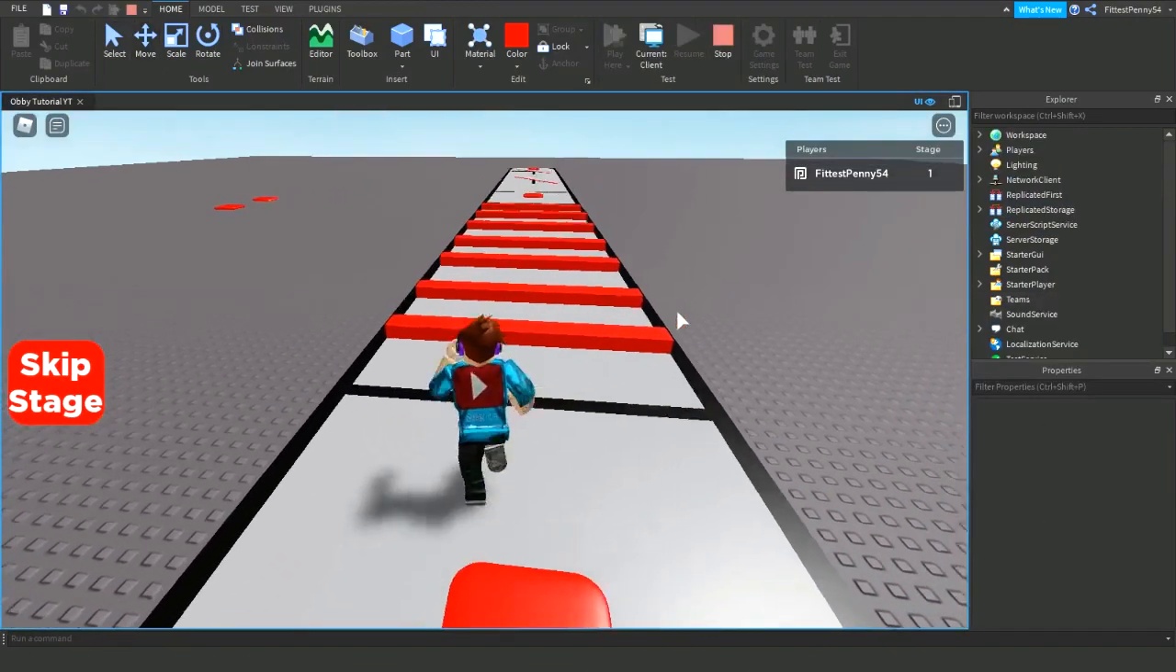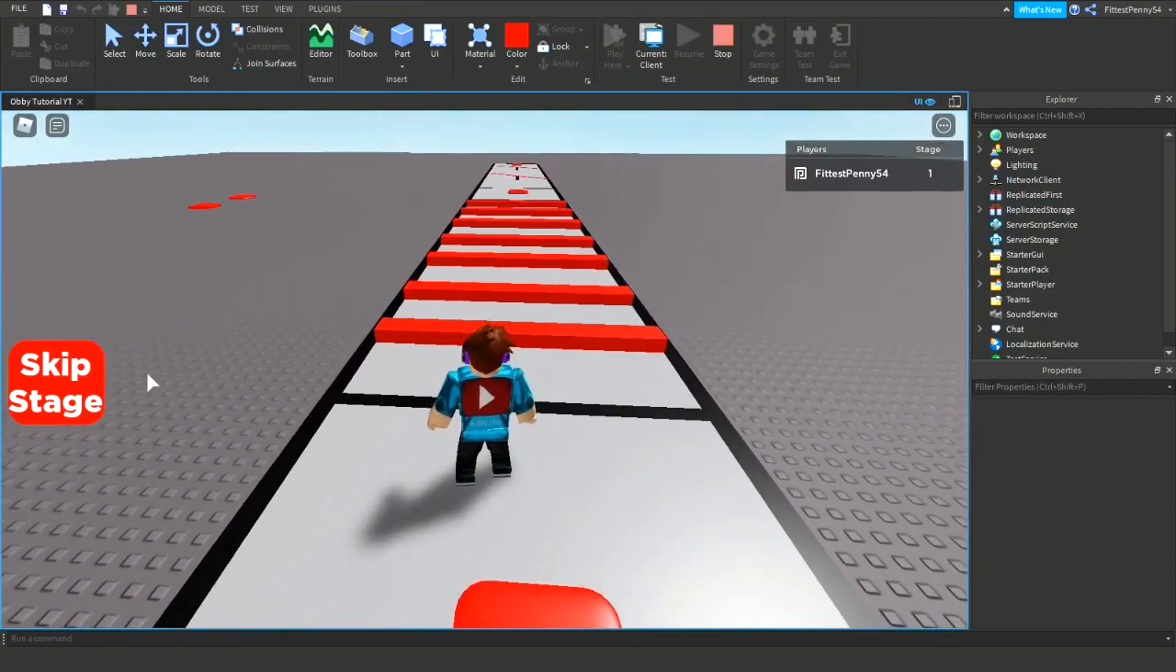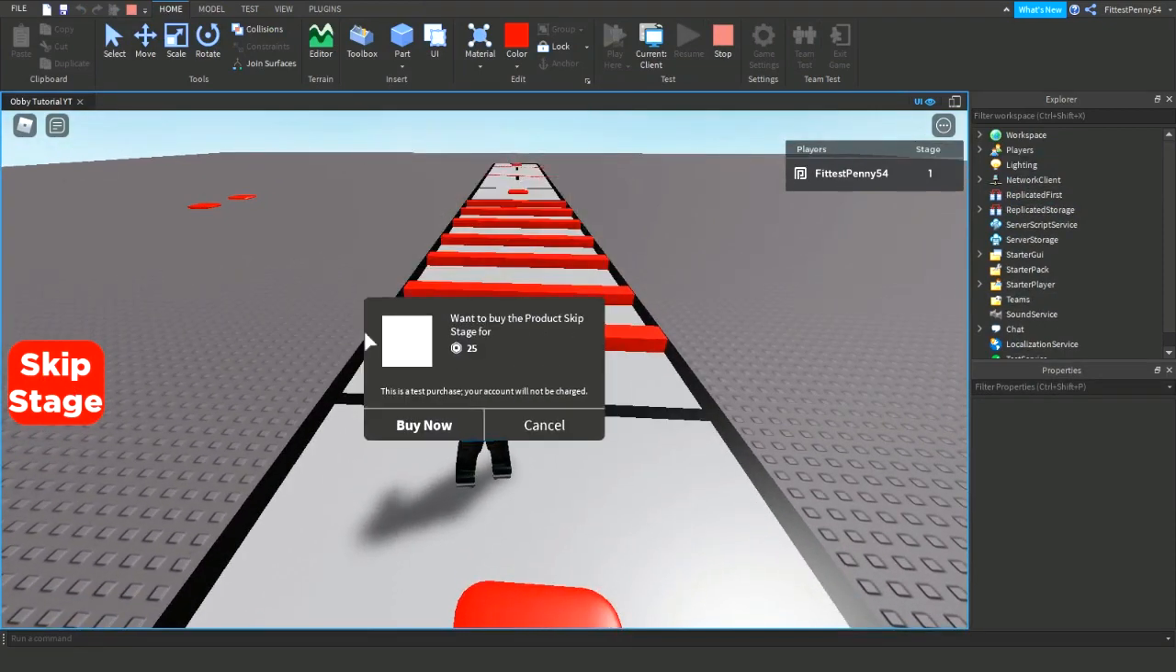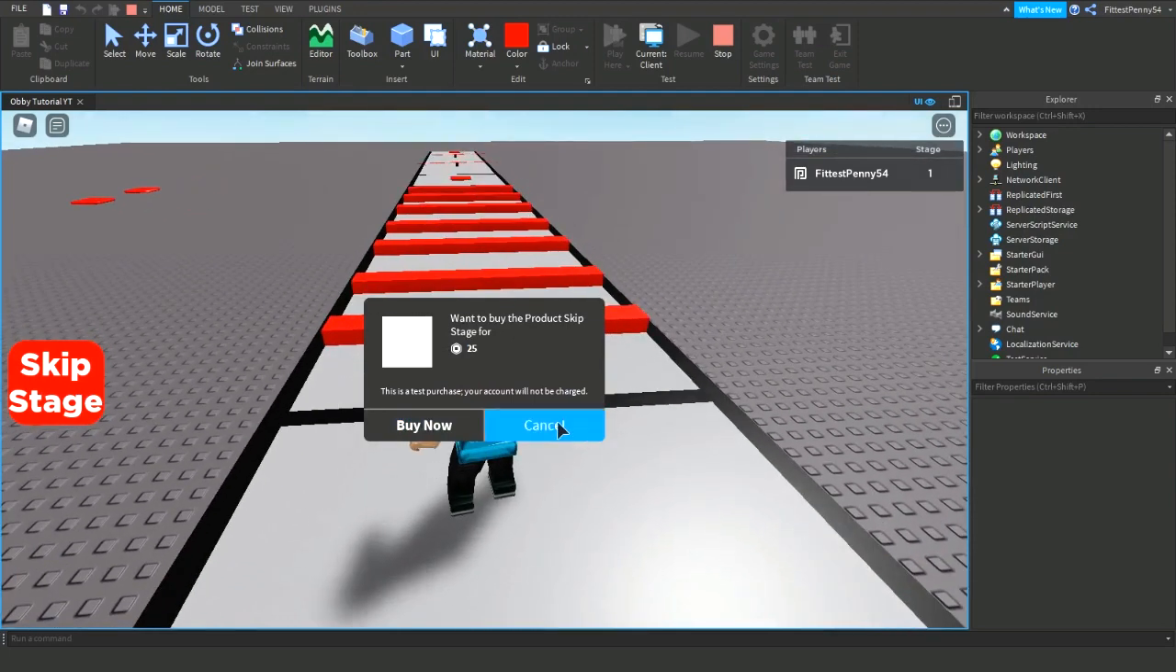Okay, I'm in my game, and now if you click on your skip stage button, then this menu thing will come up. Then just click buy now. If it's in Studio, then it's not going to take it from your account balance. It's just a test purchase, just for testing only. So I made it 25 Robux, so it would cost me 25 Robux if I was playing it in a proper server, but since I'm just in Roblox Studio, I don't need to actually pay for it. So let's just click buy now,